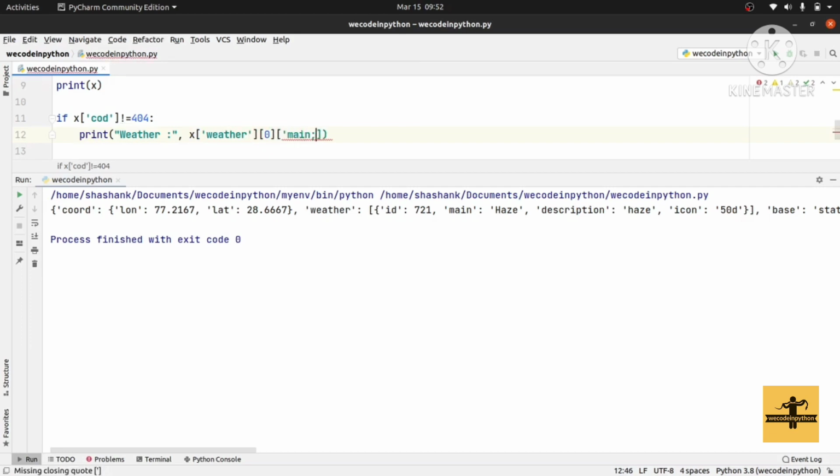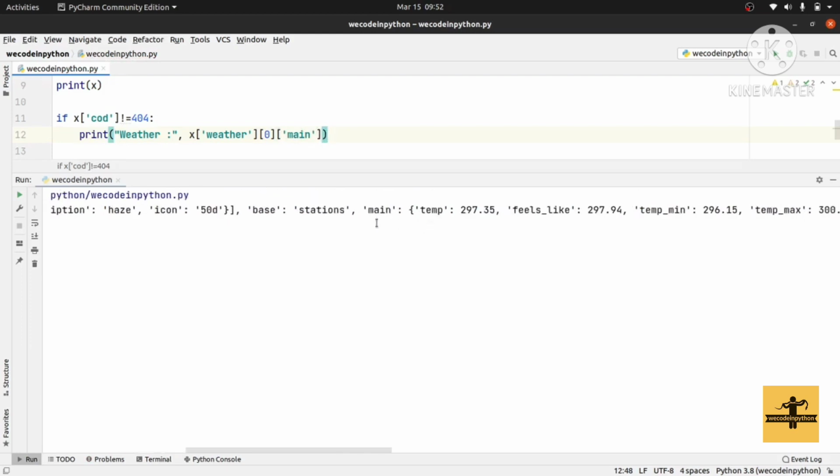So this is how I'm getting the weather, and then I'll see how I can get the temperature. It is in main, so I'll use x main temp. So the temperature is x main temp.